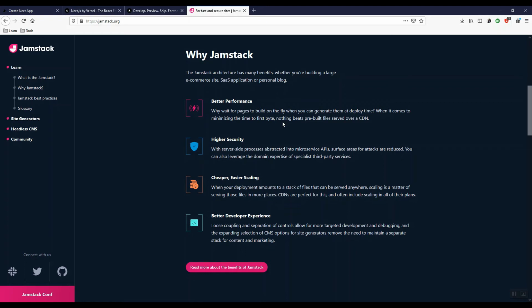Since your content is already in an HTML document, search engines will be fast enough to crawl your web page and search for content. Apart from performance and search engine optimization, it also provides high security. Since we are already rendering all the parts of our page, we don't have any JavaScript or any API call subsequent to that to fetch any information. So it basically makes it more secure.